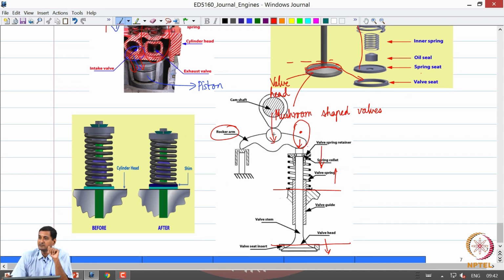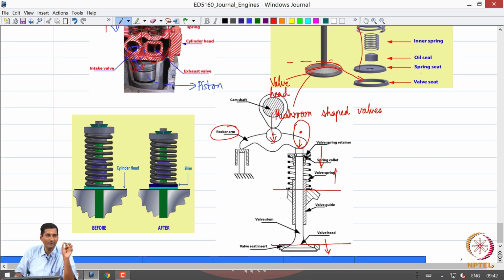Now, there are a couple of important issues associated with this operation. The first thing is that let us say I open the valve, the cam or the rocker arm pushes the valve stem down, the valve is open. Now, the profile of the cam changes such that the contact between the rocker arm and the cam is momentarily lost or the force becomes lower, right. Then the spring should push the stem assembly instantaneously so that there is a contact, but that never happens in practice, right, because these components are not welded together.